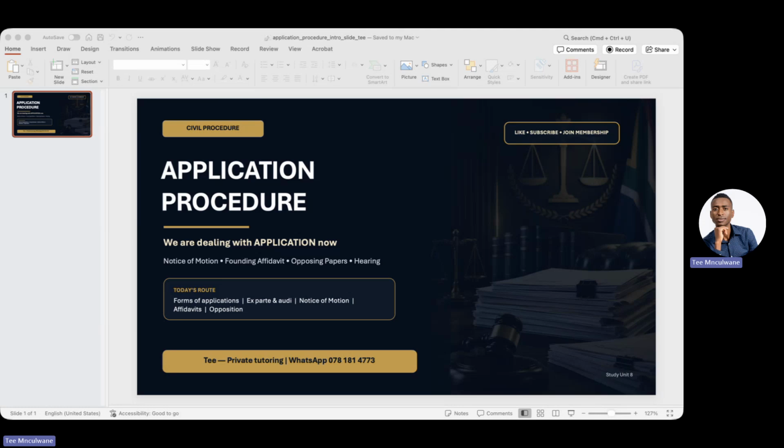Number 4, you must know what steps a respondent can take when opposing an application. Fifth, you must know the time periods within which the applications can be made and opposed, right? Sixth, you must also know the requirements of a notice of intention to oppose and the affidavits that follow. That's the entire session. Something that you need to spend like 8 or 10 hours, we're going to do it in 30 minutes, more or less, probably less. So let's build the lesson around these outcomes.